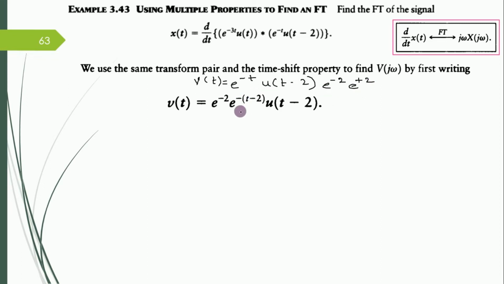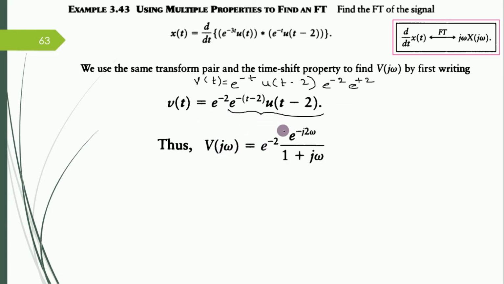So why am I taking it like this? Because for this I can apply the frequency shift operator and time shift operator. Thus V of j omega, this is a constant, take it outside. So for this, e raised to minus j2 omega is a component which will compensate for the time shift in the time domain. So it is divided by, in place of a, just in front of t, I'm having 1